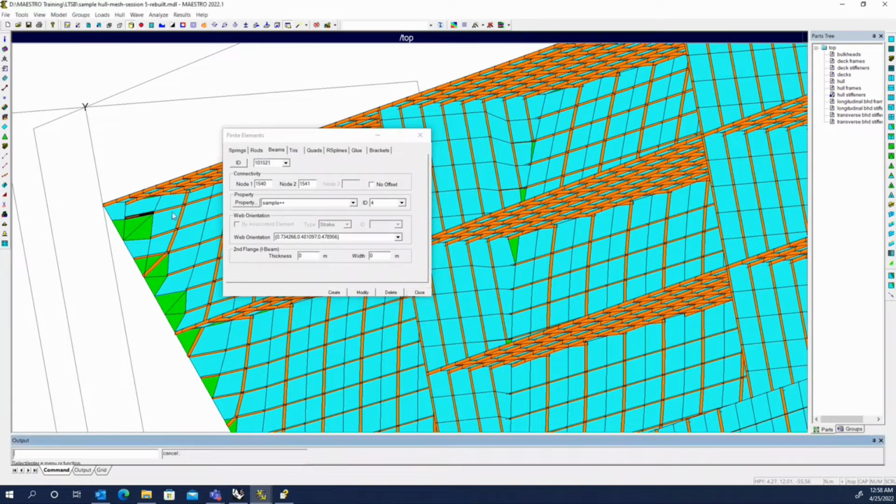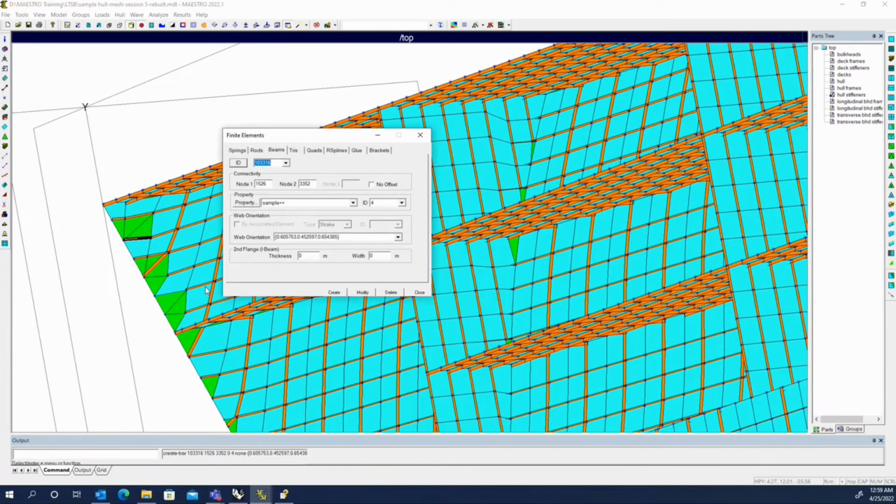So we'll grab this beam again, create a new one, and we'll need to turn the nodes on in order to be able to select that one. If we try and select by clicking on the nearest corner of a quad or tri, it won't find it because it's not associated. It's in a different module. So here we can go from this node to this node, create the beam, and then we'll click on the next one down, create the beam,